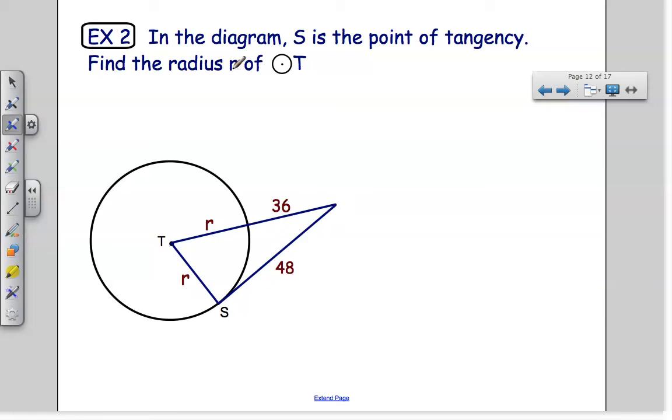I want to find the radius, they're labeling it R, of circle T. Now why do they have R in two places? Well, isn't this a radius here, and this is a radius here, and you know every radius is the same length. How am I going to find the radius? Well, wait a second. If S is a point of tangency, then I know that this is what kind of angle? I know it's a right angle, therefore I have a right triangle, and I can use Pythagorean theorem to try